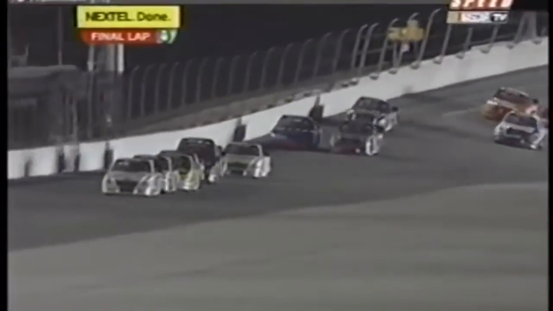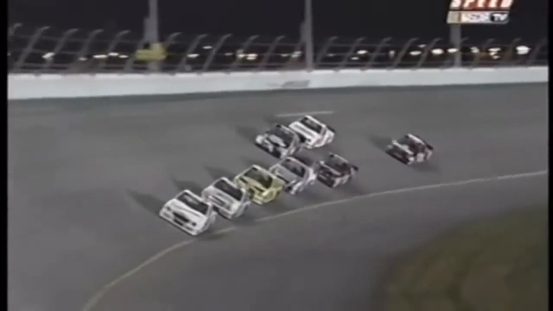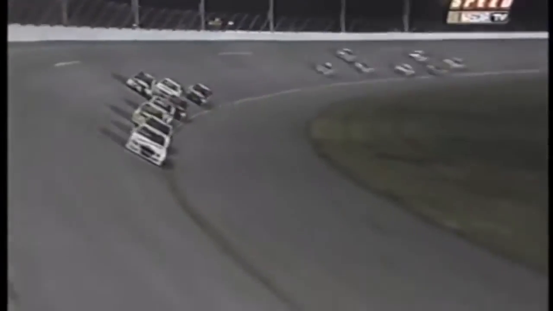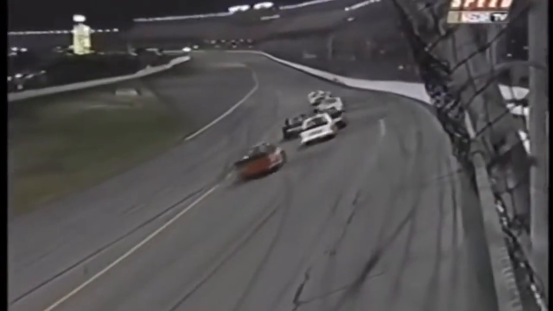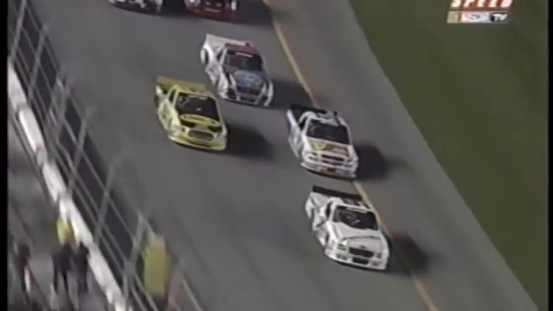Carl Edwards putting some distance between himself and Mike Wallace. Wallace and Kvapil now trying to negotiate their way up closer to the 99 as they work their way down the backstretch and into turn number 3. Carl Edwards out in front of Mike Wallace, Travis Kvapil, and the defending race champion of this race, Rick Crawford. Coming out of turn number 4, dicing, dancing. Oh, he got sideways. It's going to be Carl